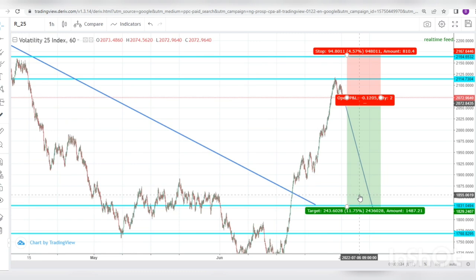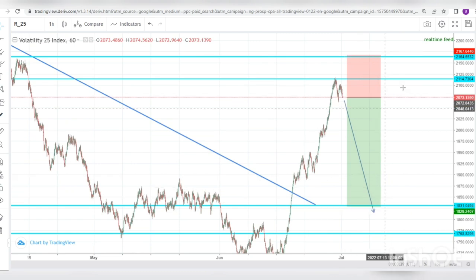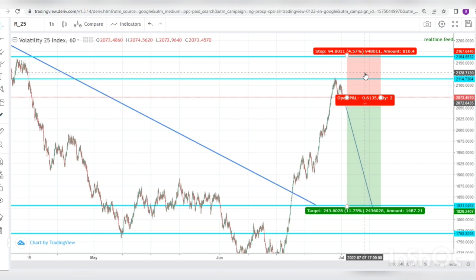So we're actually swinging this. It's not possible to reach here today, but it might take days to reach this take profit level. So we just have to wait, knowing fully well that the stop loss is at 94